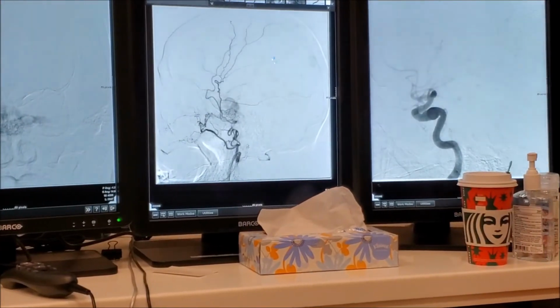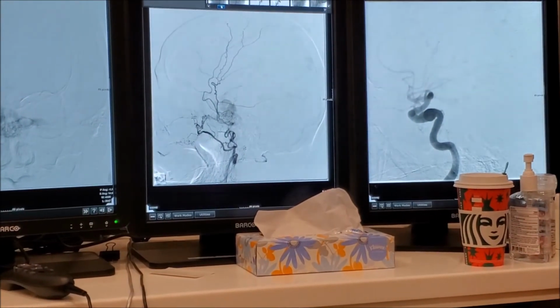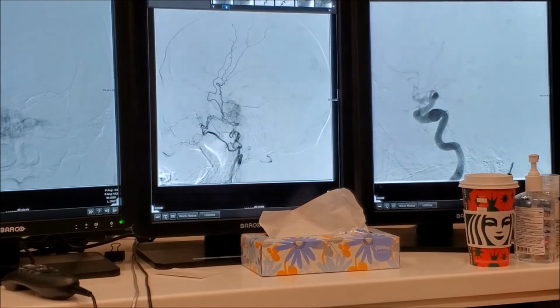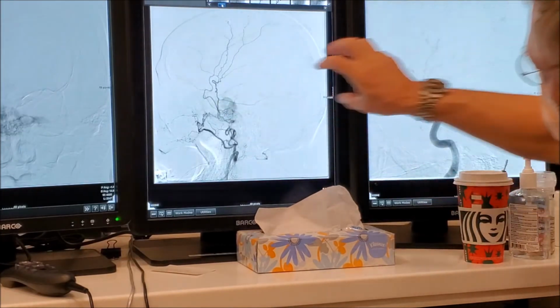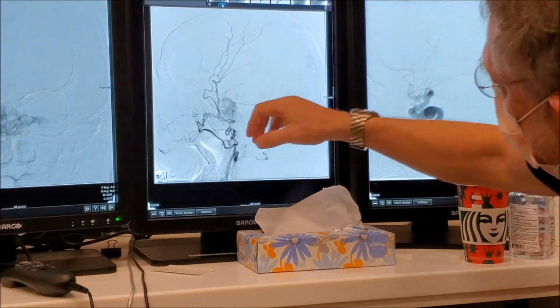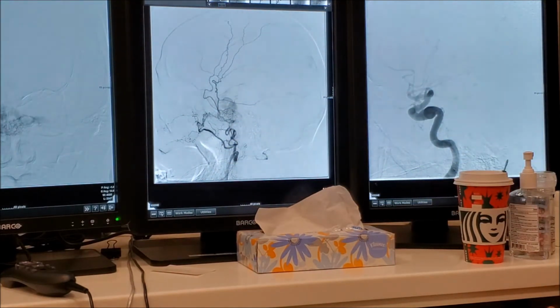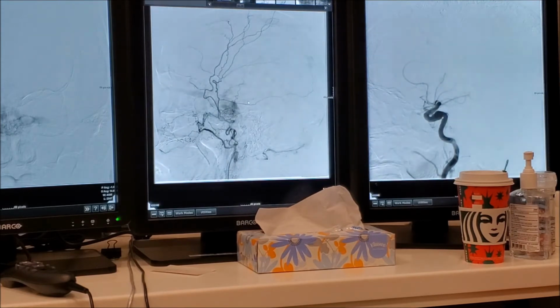Now, another thing that is useful: when you do your angios, I don't know if you noticed how I put the memory positions, my number one position is always the same. So if I want to compare this to this, if I have the same position, it's easier, right? Because here, the reason the carotid looks a little different is because it's a different oblique than the one I picked. Maybe if I take just the lateral, it will look like this. So try to always do the injections in the same view. It will make it easier to reconstruct.